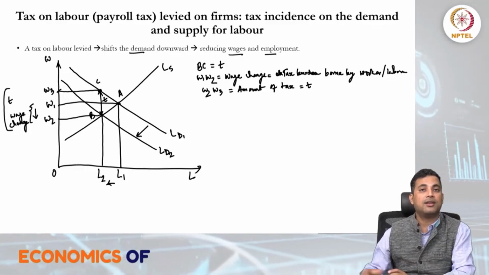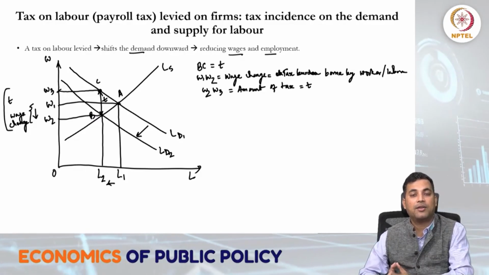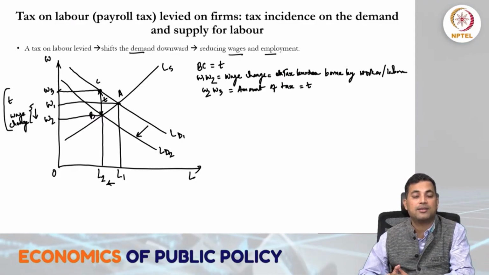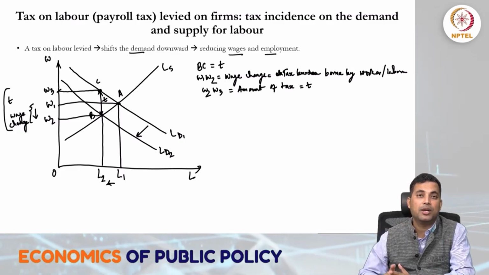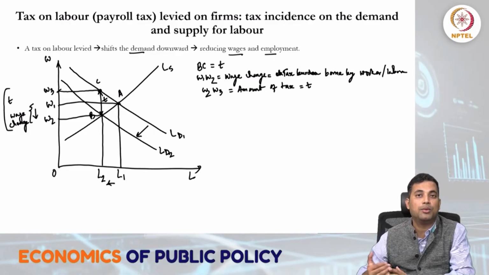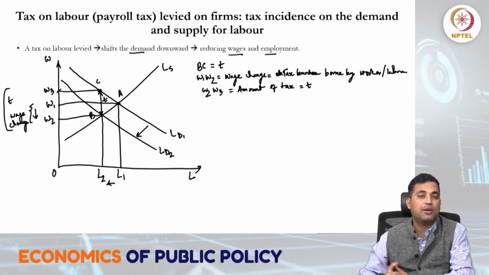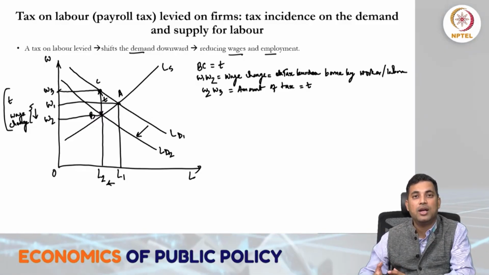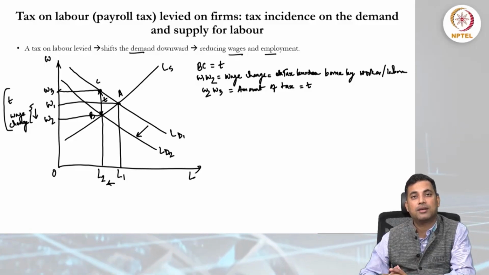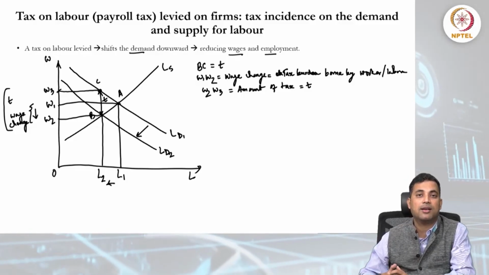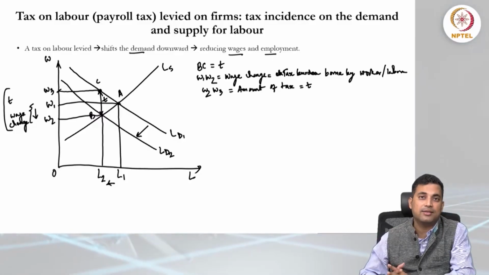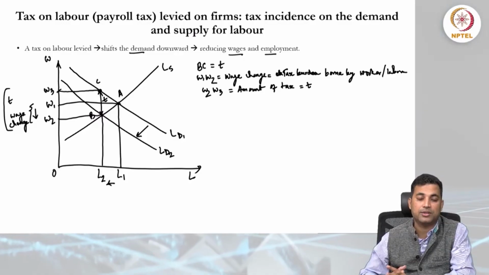So it is quite general that rational producers always try to adjust the tax, either by passing it on to the workers, or it will be reflected through a reduction in the cost of production. And one of the variable costs that producers always touch in case of price adjustment is the wages, the labor cost.